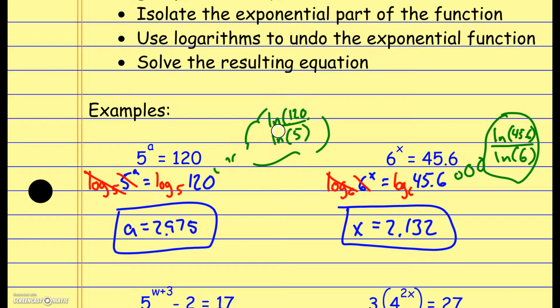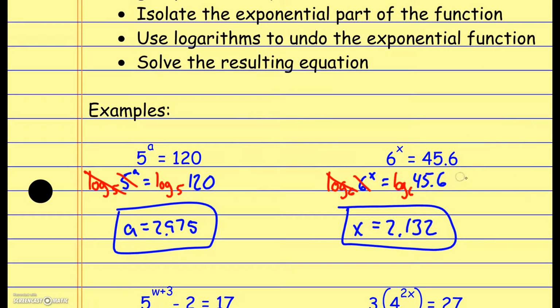Let me just show you that real quickly. I could have used the natural log for each of these. So like this first one, if I had 5 raised to the a equals 120, I could just take the natural log of each side, and now I just have to use properties of logarithms. Remember, properties of logarithms allow me to bring this a value out front and make it multiplication when I expand. So it becomes this. And so now when you think about it, I have